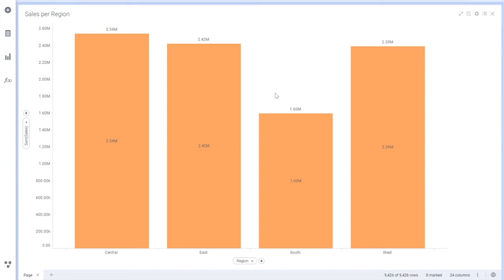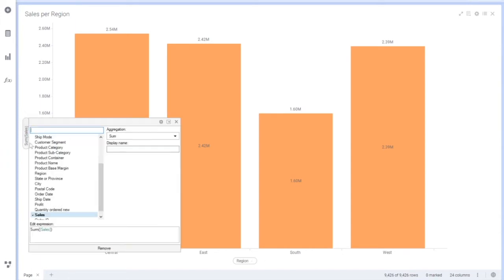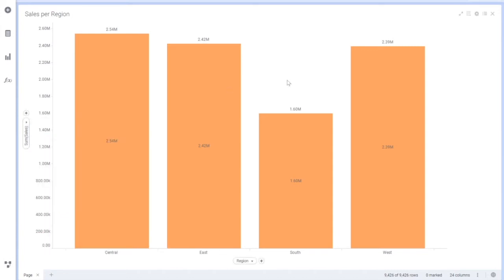I'll be allowing my users to select multiple columns on the x-axis and y-axis. So here you see, sales by region, sales by category, sales by state, or region by profit, profit by category, and so on. There are multiple things.